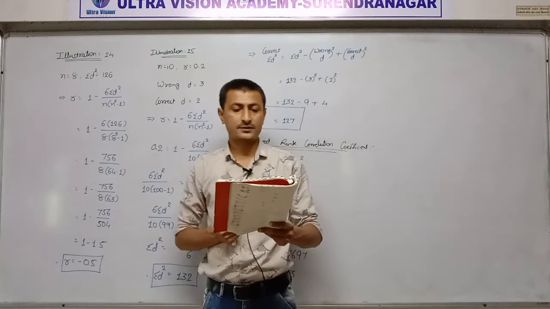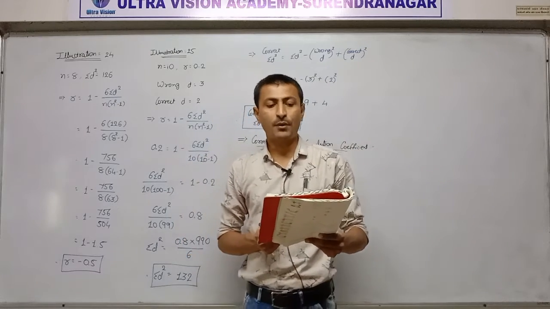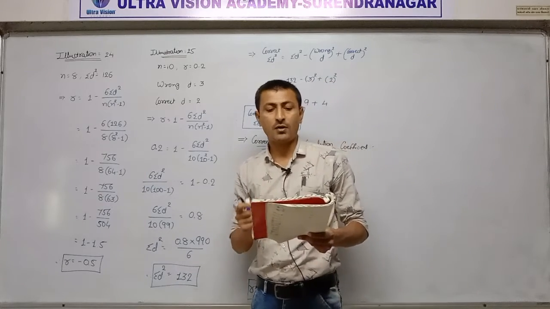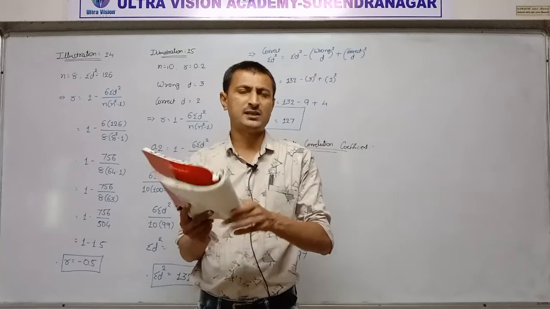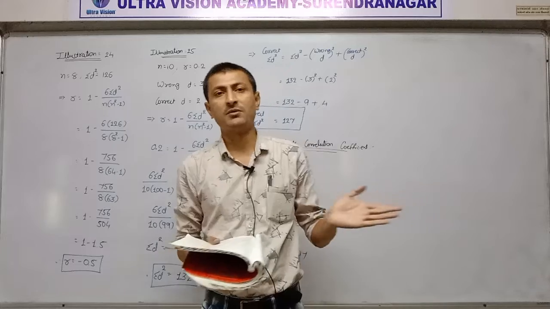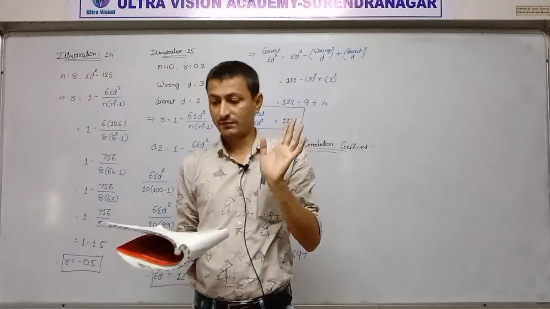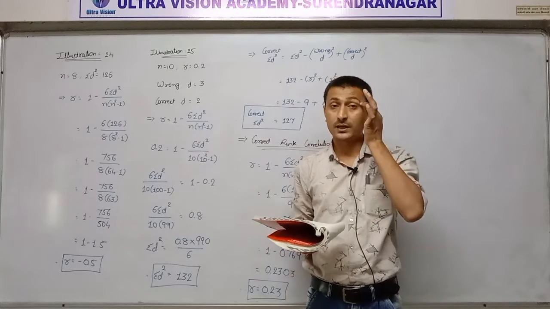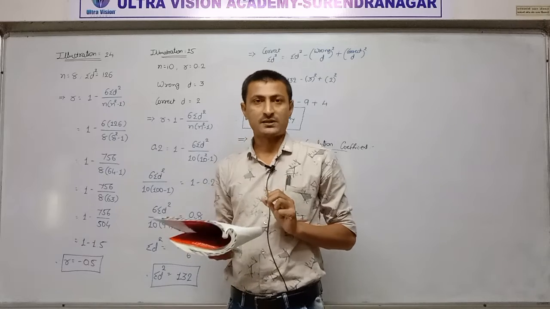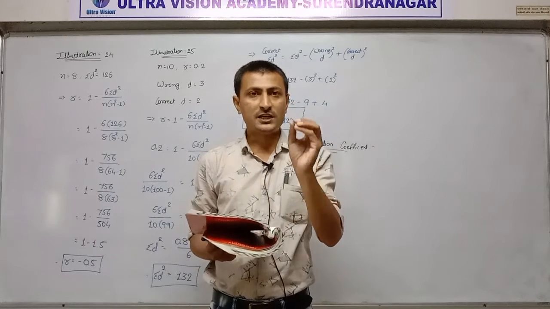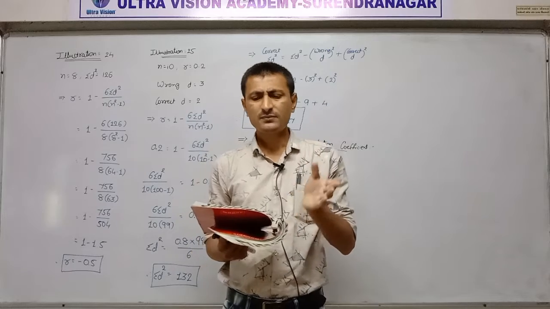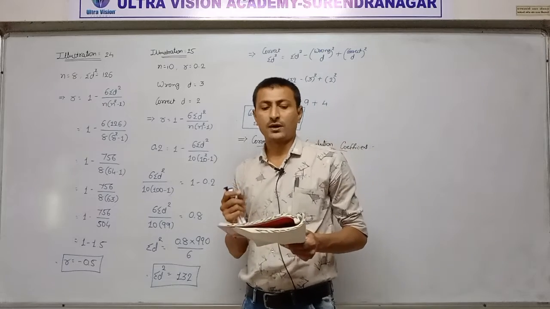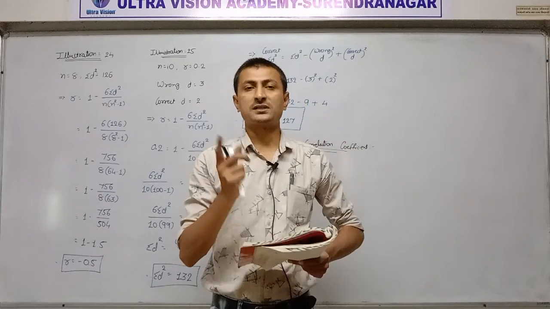Next, when dispersion is very more, underline, dispersion is more, or when extreme observations are present in data. Extreme observation means some observations are very low and some observations are very high. With extreme observations, the Spearman formula is preferred over the Karl-Pearson formula, as already discussed in the previous lecture.